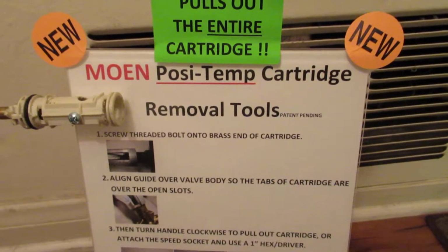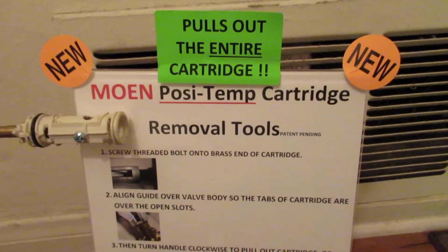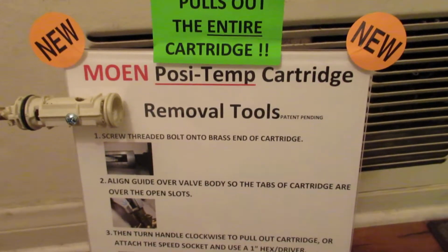It is June 3rd in 2018. We're here in San Diego, California. We're going to go ahead and show a new tool that we've created to help plumbers remove Moen Posi Temp